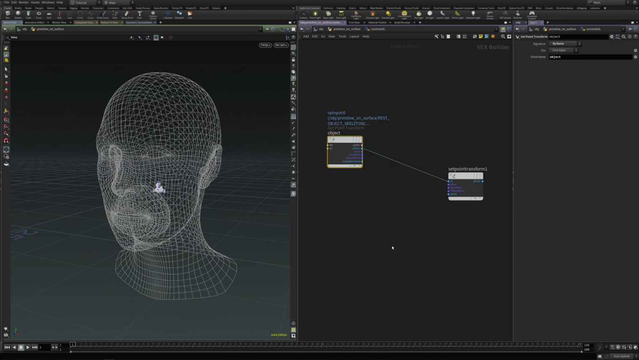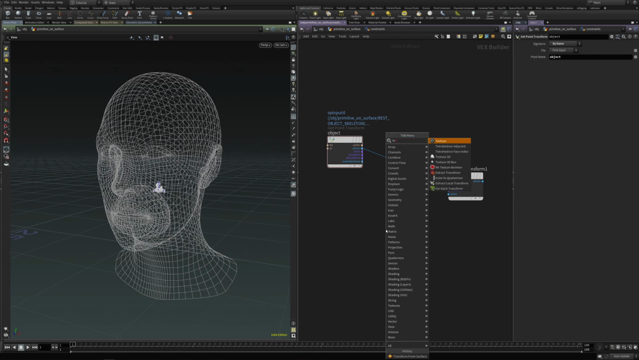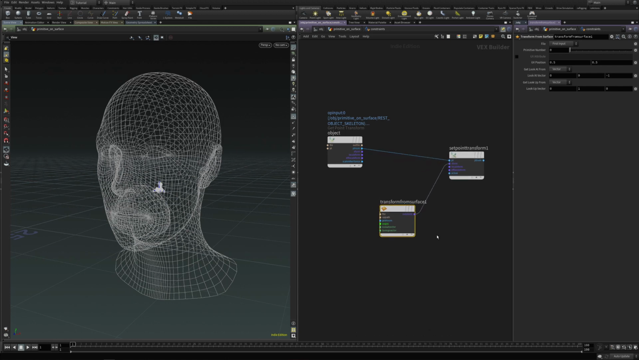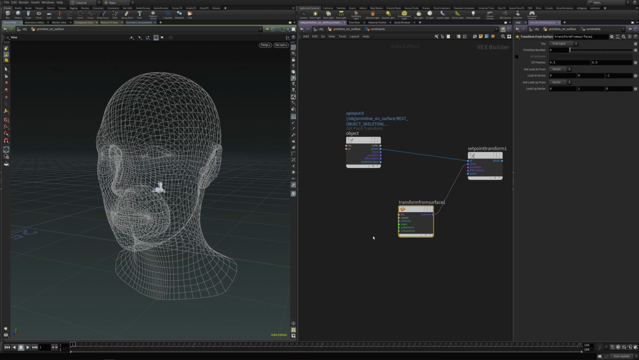Now let's go into the constraints network. And here we're going to use the transform from surface constraint. Now the output transform goes into the set point transform. And right now we can just change the